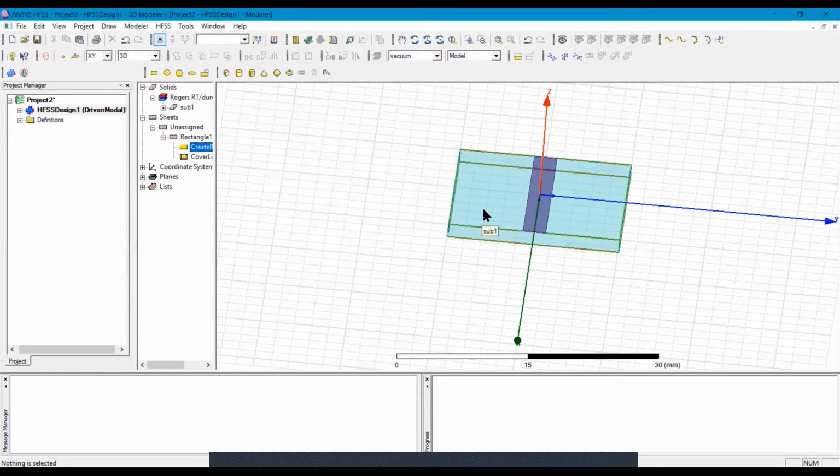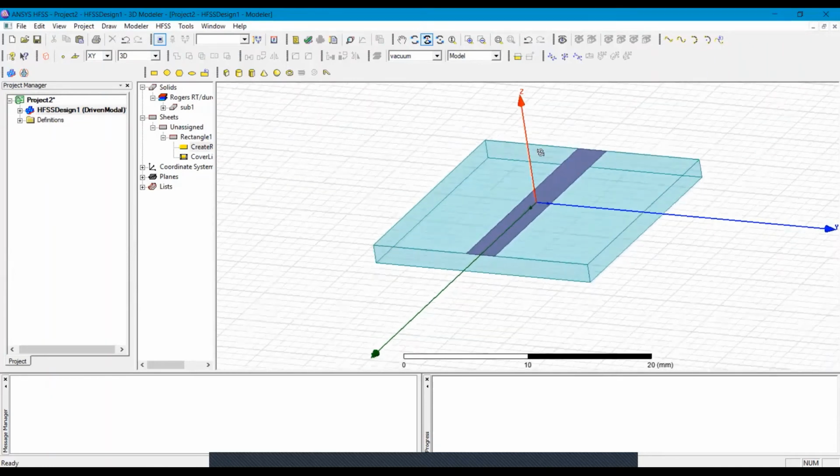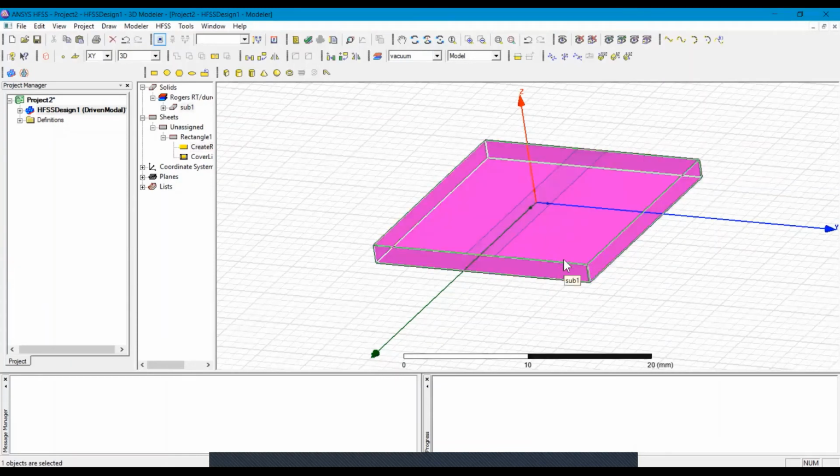Now I have a substrate and again I have to require the other part of the dielectric substrate. So I have two options. First one, I can create a duplicate of this and insert it over this. And another option is I can redesign the substrate.